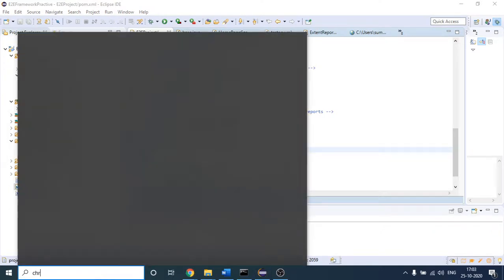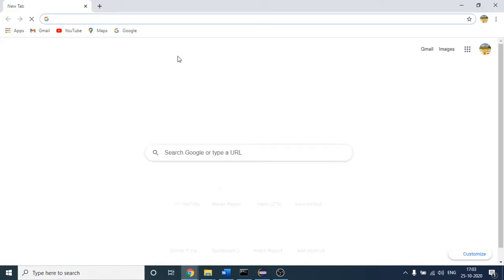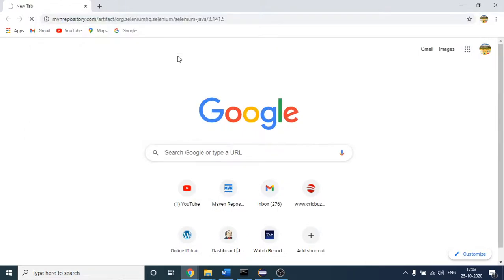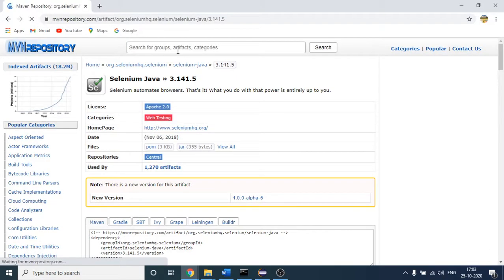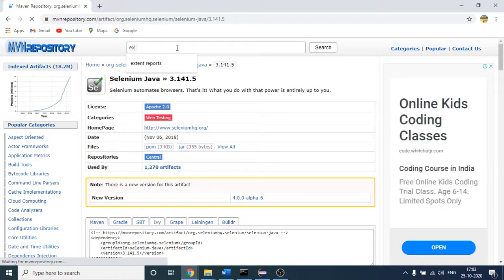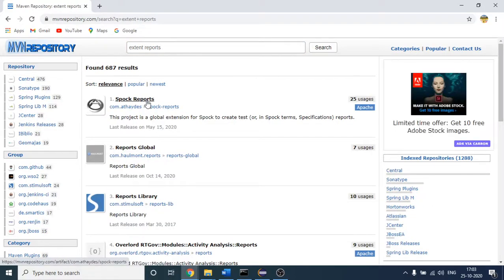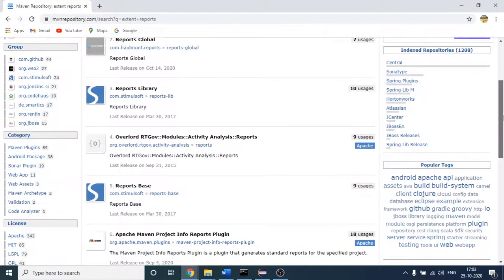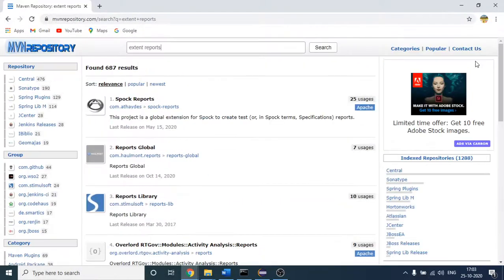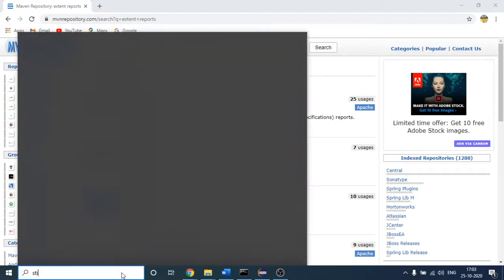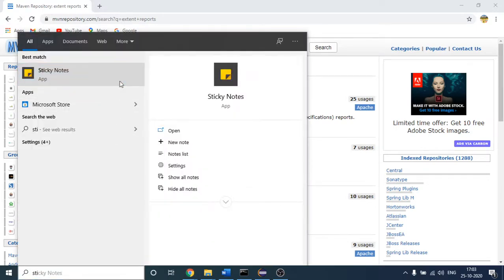If I show you, just search for extent reports. I will suggest you copy this. I think I already have the path from where I got that dependency.